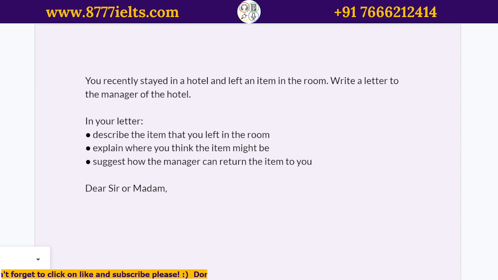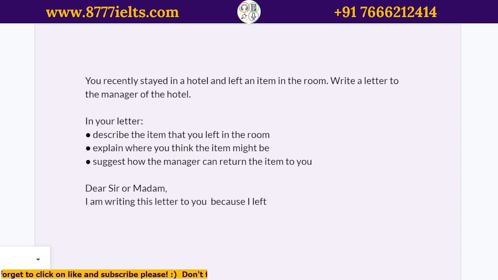And then the first thing you do is, now in this case, it's not overly formal. I would dare say it's kind of semi-formal. So you can start, it's just an option, you can start by saying, I am writing this letter to you. And then what's your point? Get straight to the point, because you left something, right? So I'm writing this letter to you because I